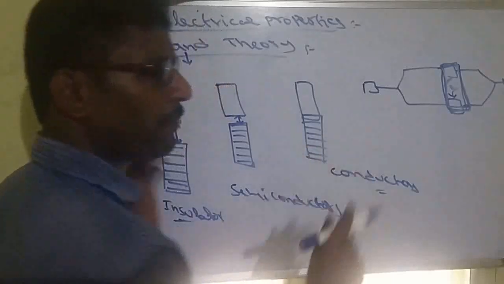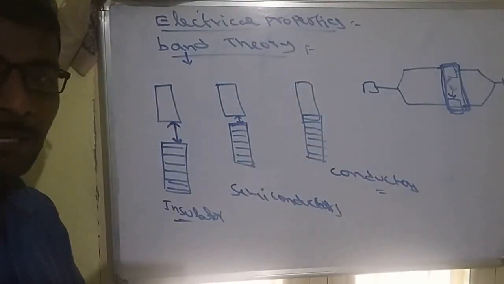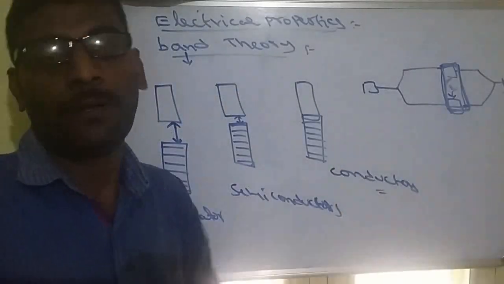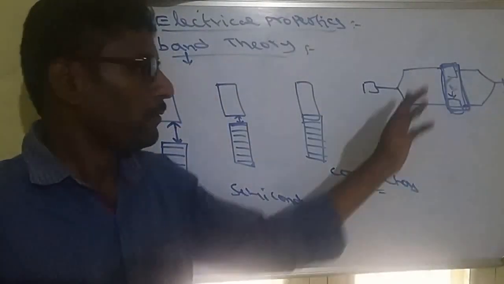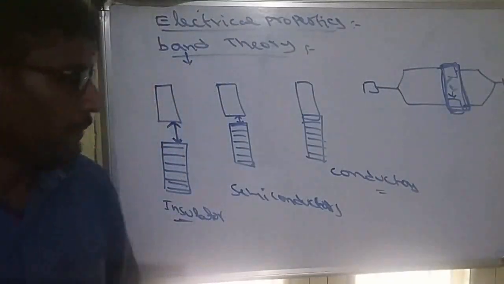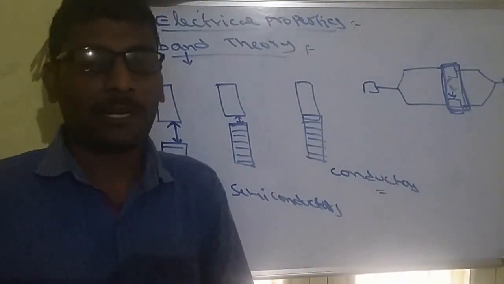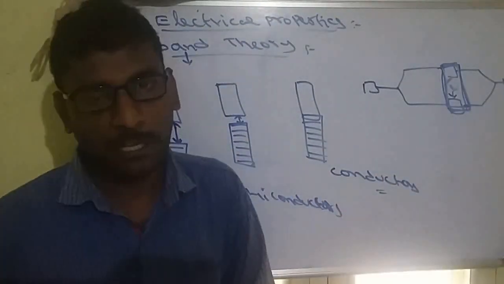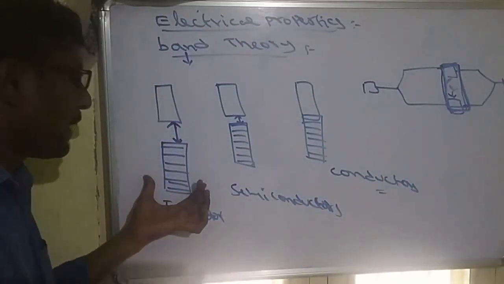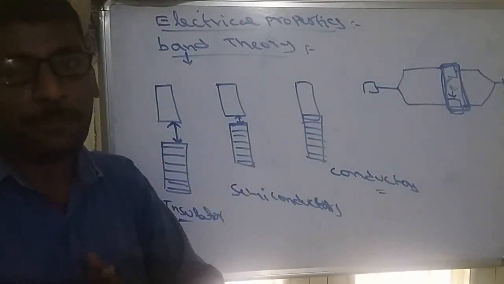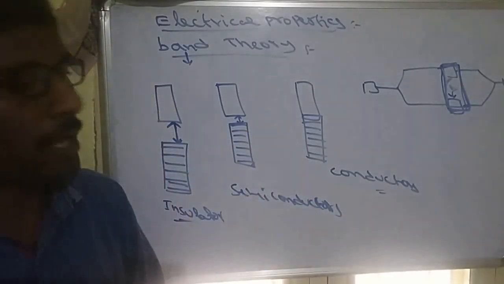So this is very simple band theory. A band is nothing but a molecular orbital or a combination of molecular orbitals. When two molecular orbitals are combined, that is called a band. If electrons are present in that orbital, that is called the valence band. If electrons are not present, that is called the empty band. Between the valence band and the empty band, some gaps are possible, no gaps are possible, or some small gaps are also possible.